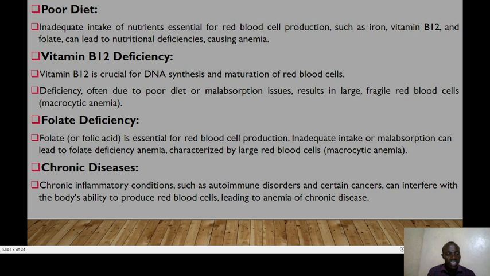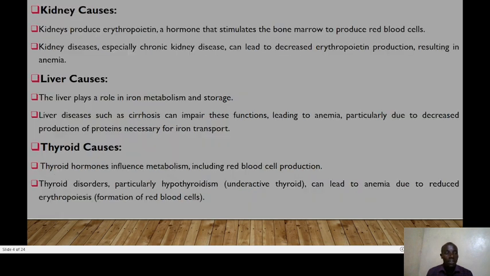We also have the chronic diseases, where chronic inflammatory conditions such as autoimmune disorders and certain cancers can interfere with the body's ability to produce red blood cells, leading to anemia of chronic diseases. So kidney causes could also lead to anemia. We know that the kidney normally produces erythropoietin. This hormone stimulates the bone marrow to produce red blood cells. So in kidney disease, especially chronic kidney disease, this can lead to decreased erythropoietin production,